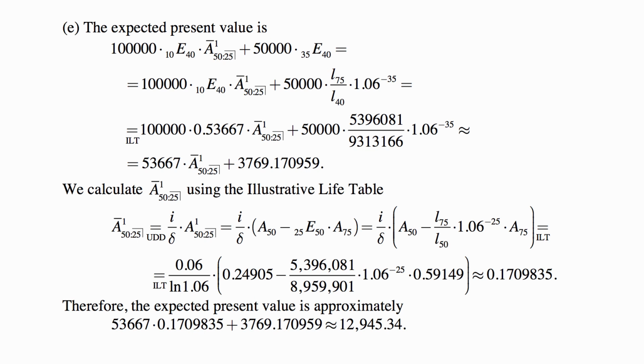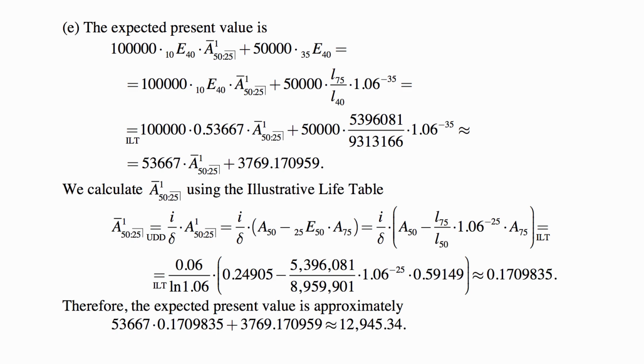Well, we note that we are told that uniform distribution of deaths rules. So A bar is equal to i over delta times A. And then we write this term insurance as A50 minus 25E50 times A75. And we actually can again calculate 25E50 as L75 over L50 times 1.06 to the negative 25. And A50 and A75 are given in the illustrative life table, while i over delta is 0.06 over the natural logarithm of 1.06, so all the numbers can be plugged in, and we get